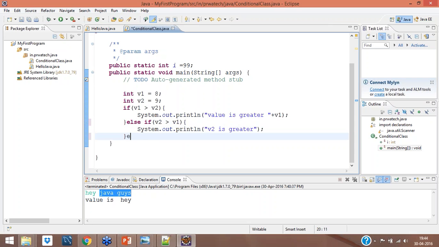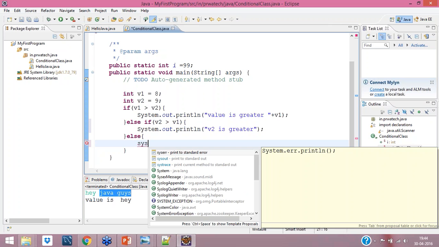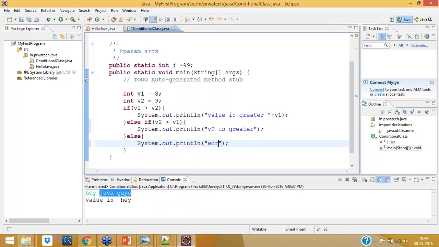Else, you can write multiple else if, but only one else. If you write else if and within else you write, then else will get executed and after that else if will not get executed. Let's say I am writing post case.